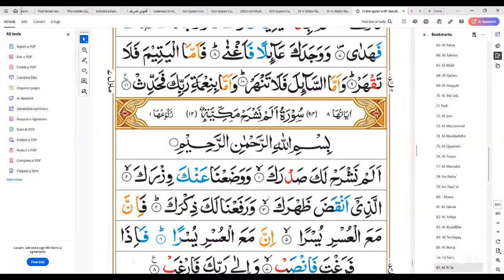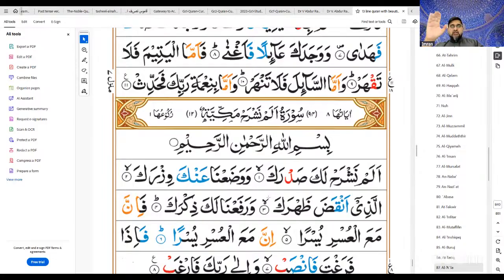I'll do that afterwards. The commands for the first, second, and third person are different because when you do the command for the third person, you normally add a lam in the beginning. So there's a lam added when you're making the command for the third person and the first person. Inshallah, I'm not going to do this today. I just wanted to talk about the basics today, just to give you an insight.